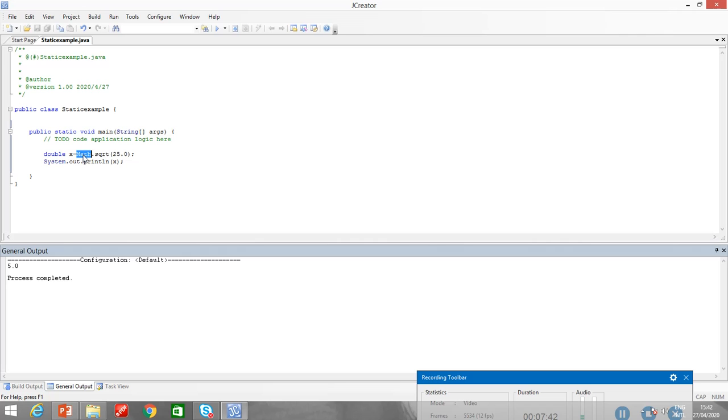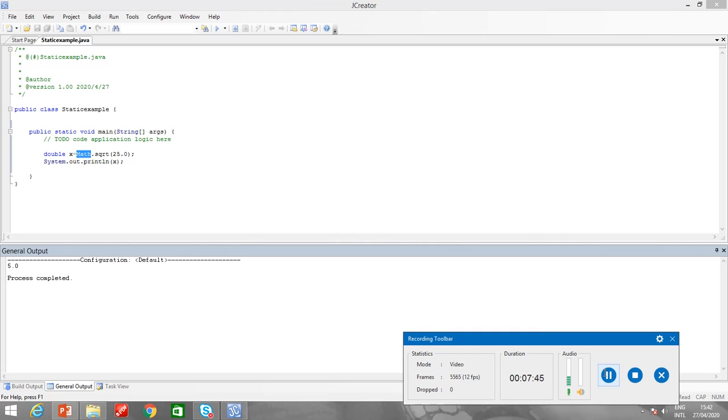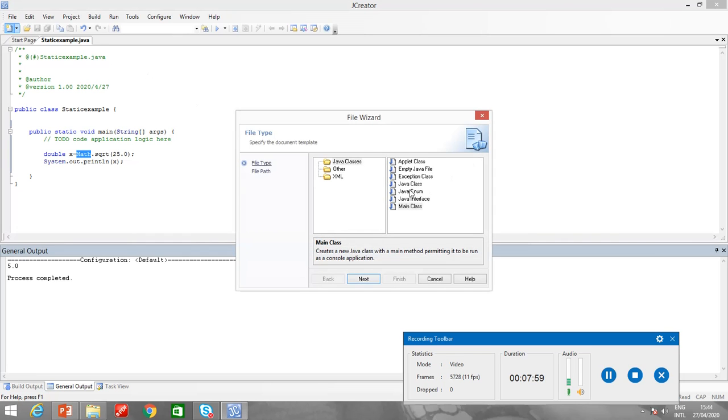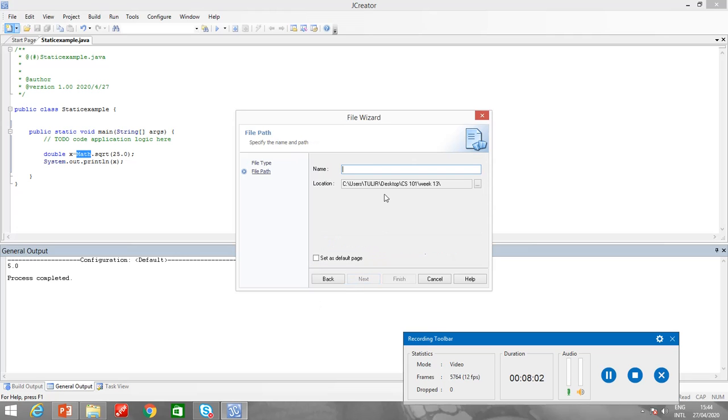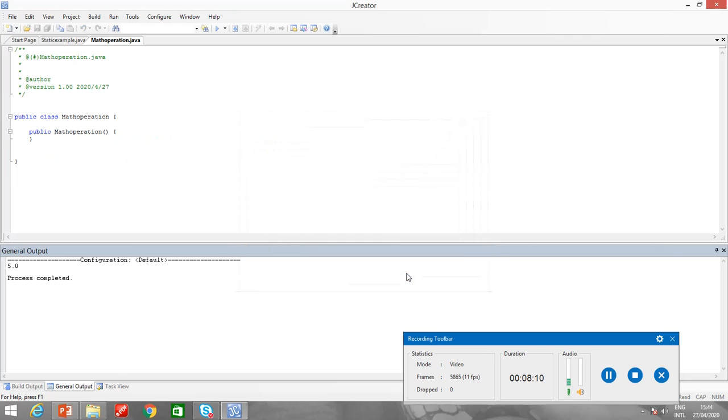Now, why do we need these static methods and why do we need these static variables? Alright, so let me just prepare a program to show you the use of static methods and static variables. First of all, I will make a static method. I will just make a Java class, a very simple class MathOperation. I will include two static methods here. One will multiply the two numbers, another will divide the two numbers. But I am going to declare those two methods as static.